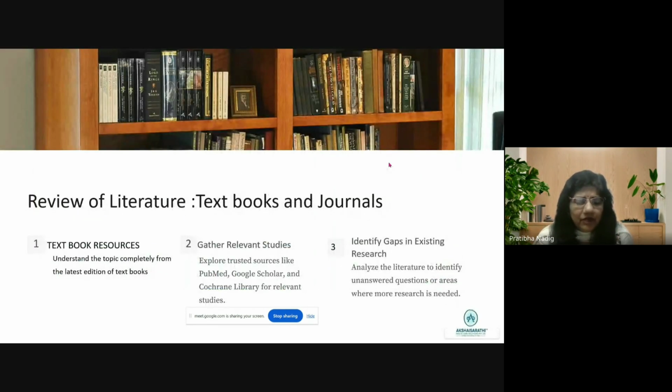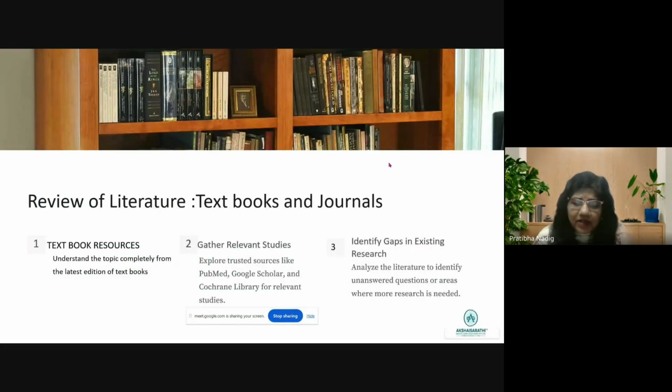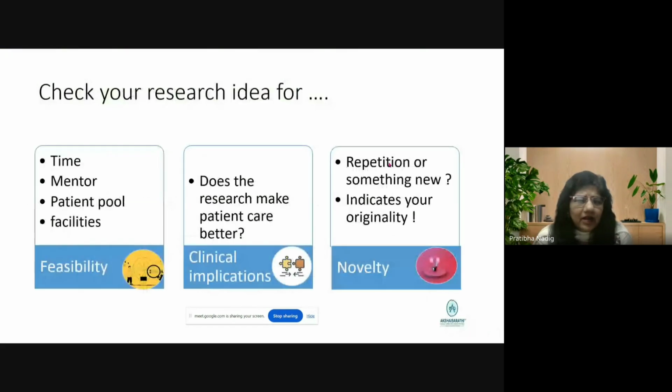All right, so we can go further, and now you see, you have come out with your research idea, like biologics in rheumatology, or I would say I want to study quality of life in type 2 diabetes. Do I have the time to do it? Let's take sir's example, biologics in rheumatoid arthritis patients. How much time do I have to do it? Do I have a good mentor as a student?